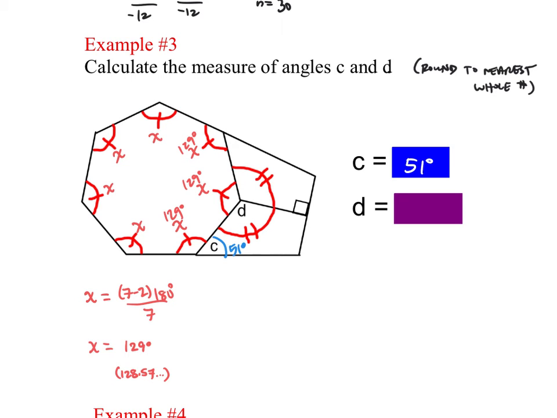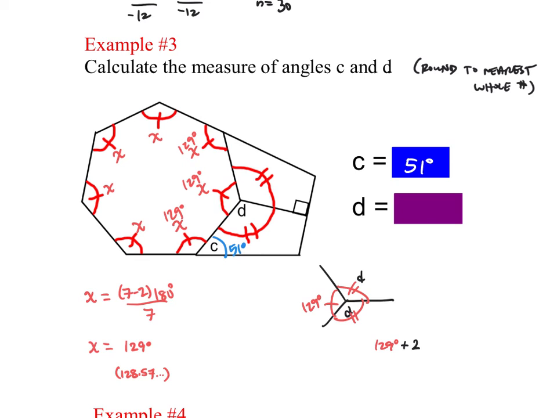Now, let me kind of zoom in on this scenario here, where here is angle D. I'm going to just focus on that specifically here. Notice how this angle here and that angle there are the same, and this angle here is x, which is 129 degrees. Now these three angles, I'm going to name this angle D. These three angles should add up to 360. So I should have 129